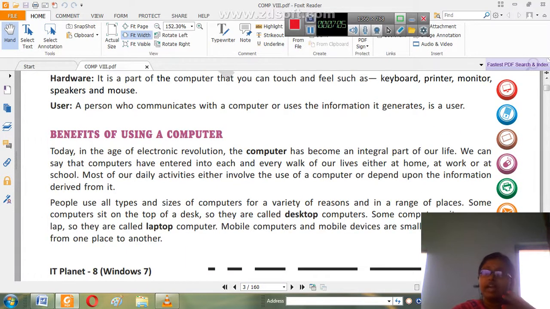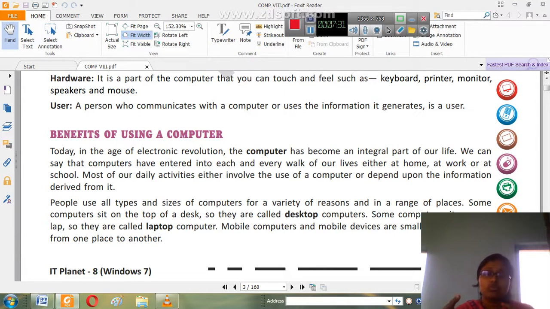Now we will understand the benefits of using a computer. This has got lots of benefits, n number of benefits, which cannot be counted on our fingertips, right? We can do our daily activities, maybe listening to songs, drawing, painting, having your online classes.